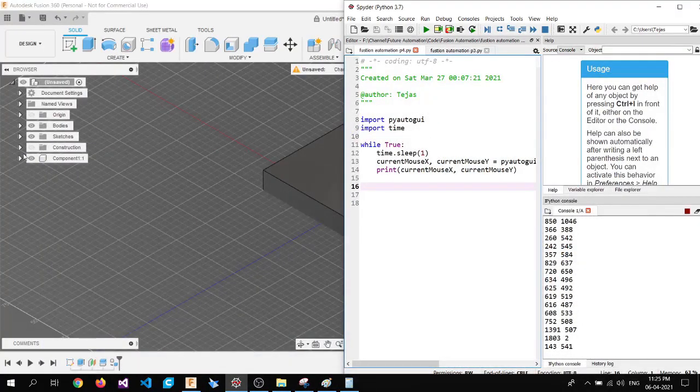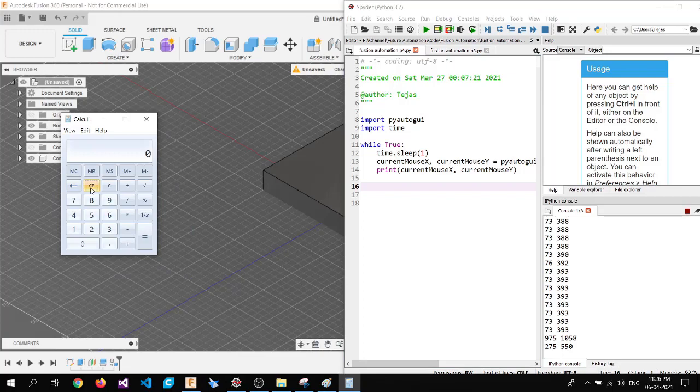So if we could somehow get the distance from here, say for example 74 and 388, to 74 and 393. Okay, so if we calculate that again, 393 minus 388, somewhere around 5 pixels.